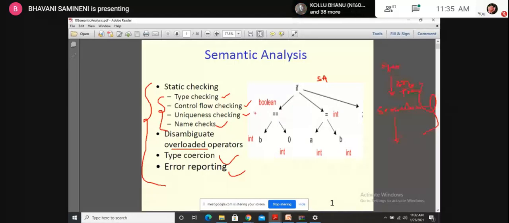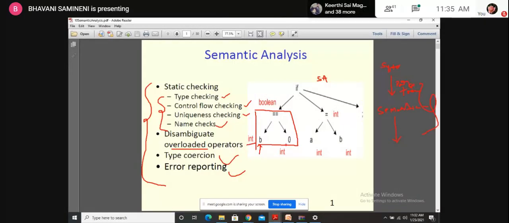Let us take one example here. To evaluate this parent node, first it will get the leaf node. The leaf node is B, a variable, and it checks the data type of this variable, which is an integer. There is also a constant here. Is it an integer constant or a float constant?